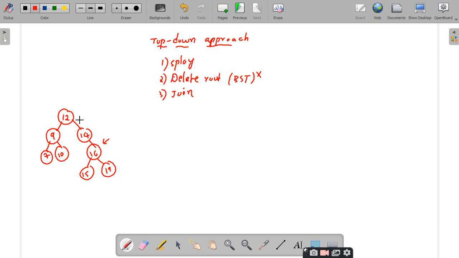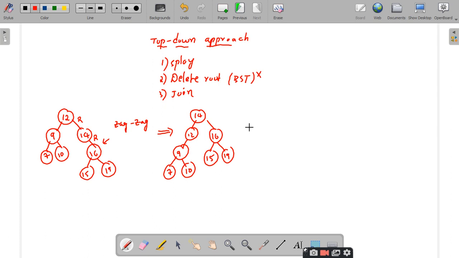So what is the rotation I have to follow for this one? Zag, sir. It is zag. So for the first zag with respect to the grandfather, I will get it as 14 followed by 12, and it is 9 and 7 and 10. And to the right I have 16, 15 and 19.